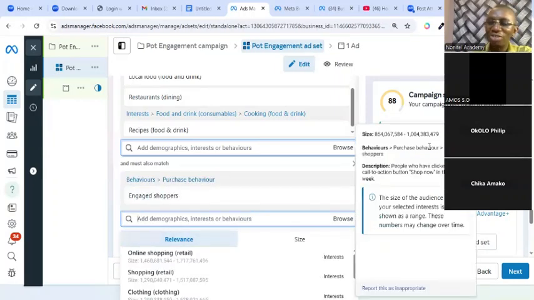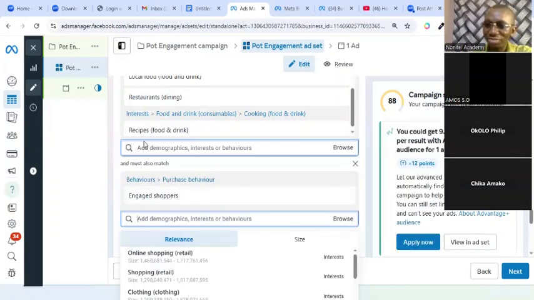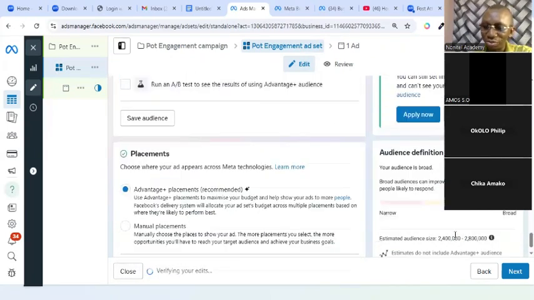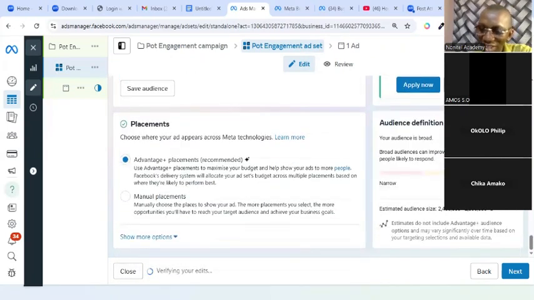Selected. Now let's go and check our audience size. You notice that it must have reduced. It's not possible to not reduce. What's our audience size? 2.4 million to 2.8 million. Can you see it? From 9.6 million, it's now 2.4 million. That's our audience size. So that means this 2.4 million are people that Facebook knows are